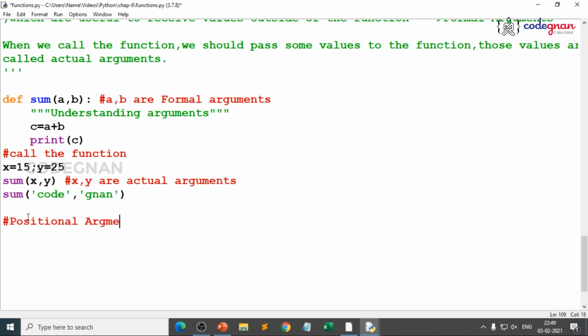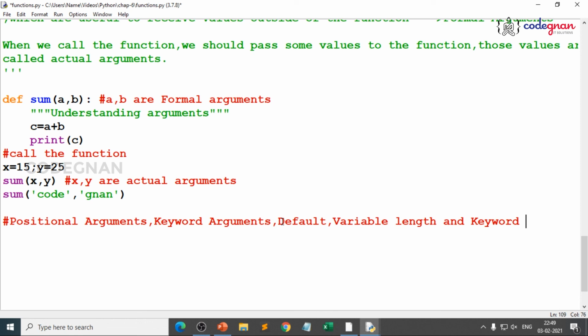For our understanding, whenever you write some comments, it will be easier for you to understand or revise. So, keyword arguments. Each one of them plays a very key role, because we have understood how to define a function, how to write the logic, and how to call it. We'll be understanding the properties of the arguments. Then we'll understand how functions are considered first class objects. We'll be making everything out of a function. So default arguments, variable length, and keyword variable length. These 5 types play a very key role.